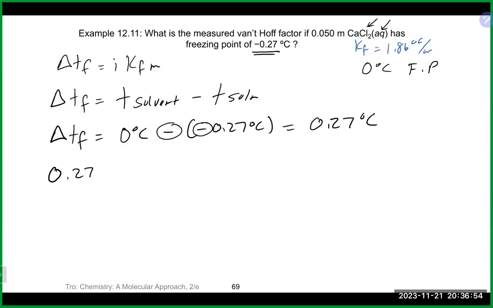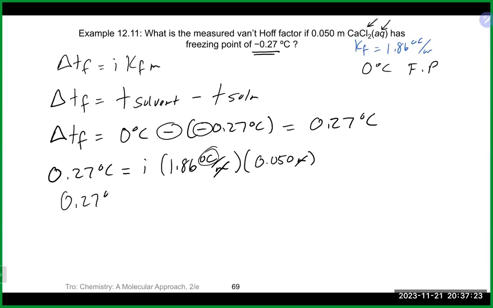So 0.27 degrees Celsius is equal to i, which is what we're looking for in this problem, times our Kf, which is 1.86 degrees Celsius per molal, times molality. And in this case, they actually gave us the molality of 0.05. So the molality will cancel, leaving us degrees Celsius. If we clean up the right-hand side, 1.86 times 0.05 gives us 0.27 degrees Celsius equals i times